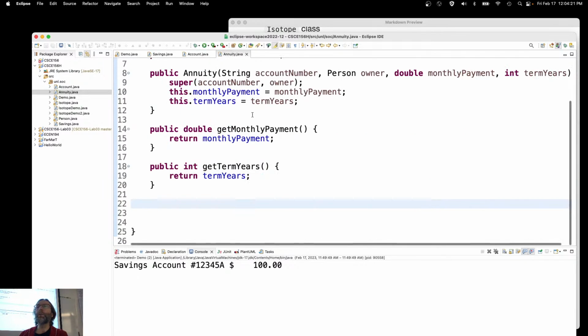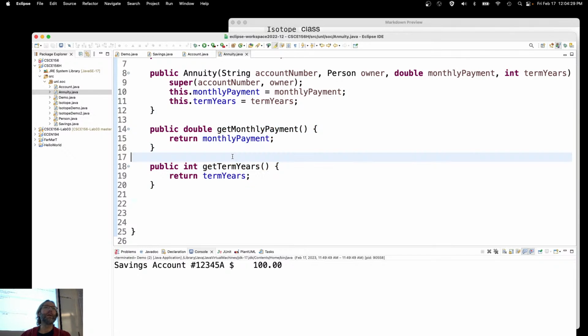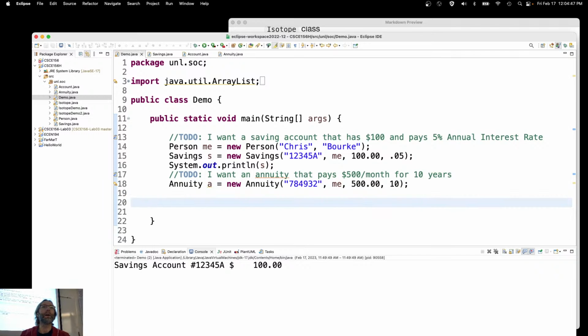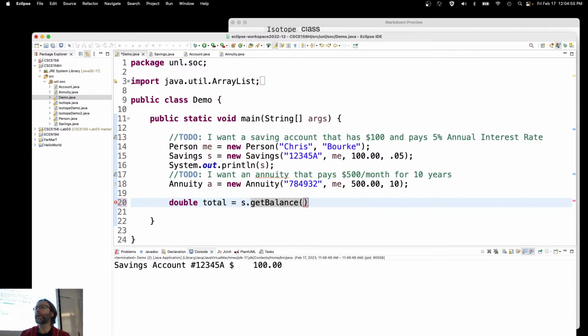Why? Because the superclass has it, and the subclasses inherit that behavior from the superclass. Now I don't have to repeat myself. I can just locate stuff that's common to every animal up here, right? That's common to every account up here. And I only have to write it once. Everybody gets inherited. So one thing I do want to do, though, now is I want to determine how much money do I have? How many assets do I have? Right? So my total, double total, is equal to s.getBalance, plus a.get, well,